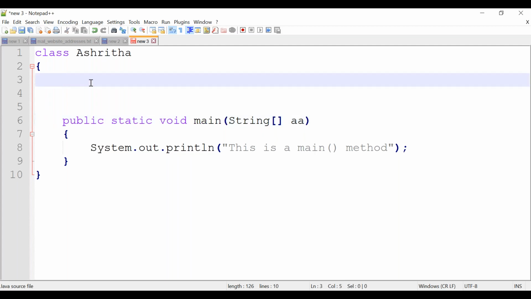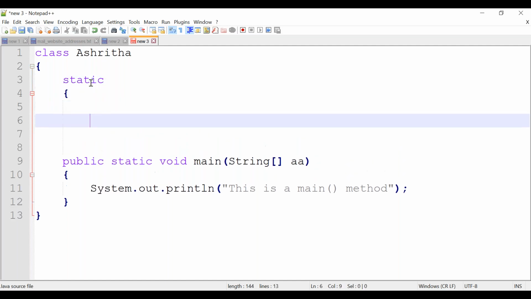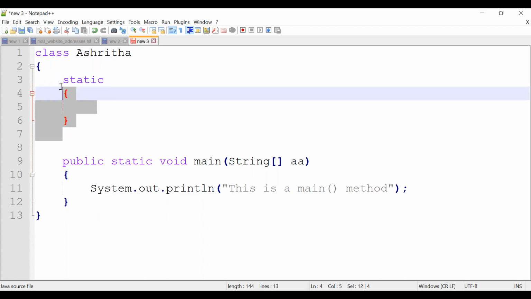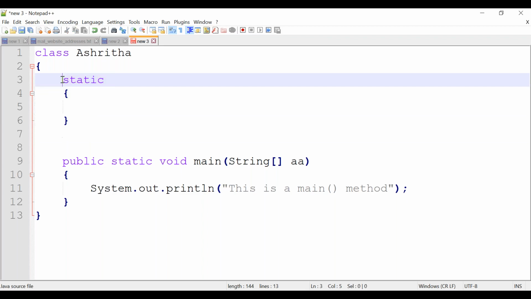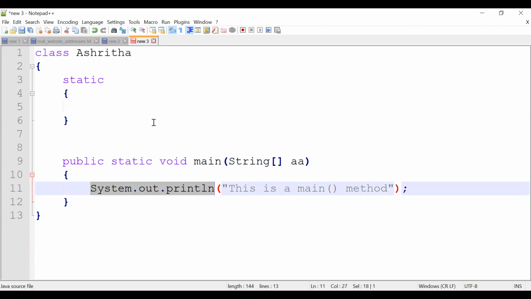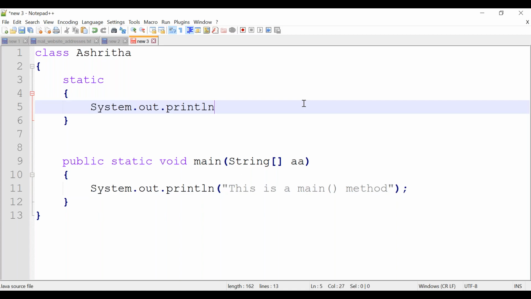What about a static block? A static block can be declared very easily, only by using the static keyword. That's all. This is how you can declare a static block. This is called a static initialization block, or static block, or SIB. Inside a static block, you can keep any number of statements.